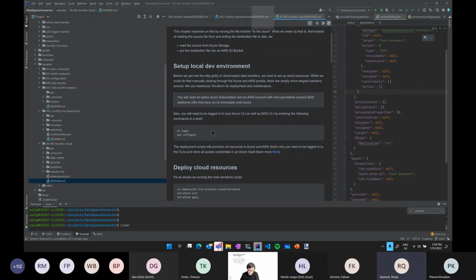And here in sample 5, we're still just transferring a file, but this time, I'm not sure if it's from Azure to AWS or the other way around, the file is actually transferred between cloud storages. In this case, you need an Azure login or account, and you need an AWS account. So